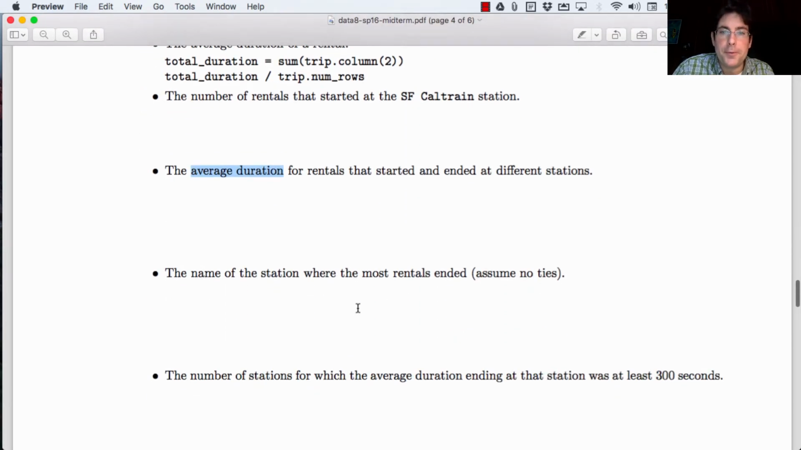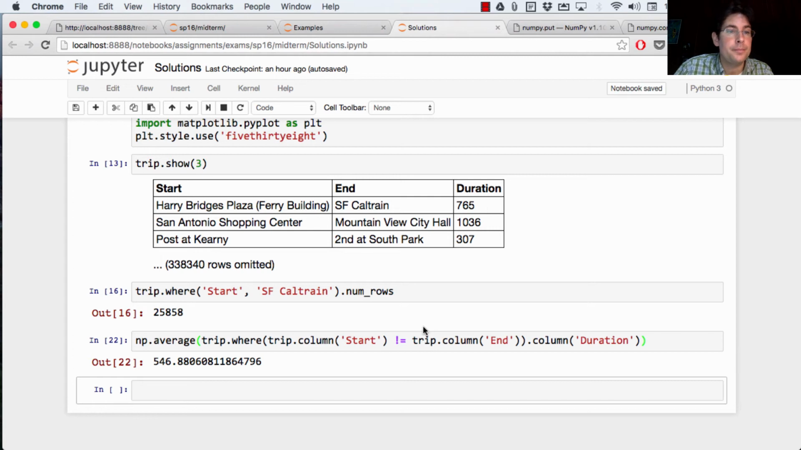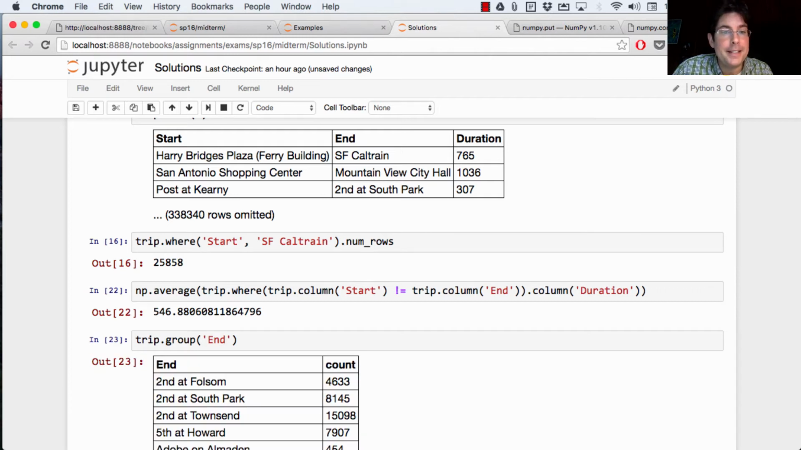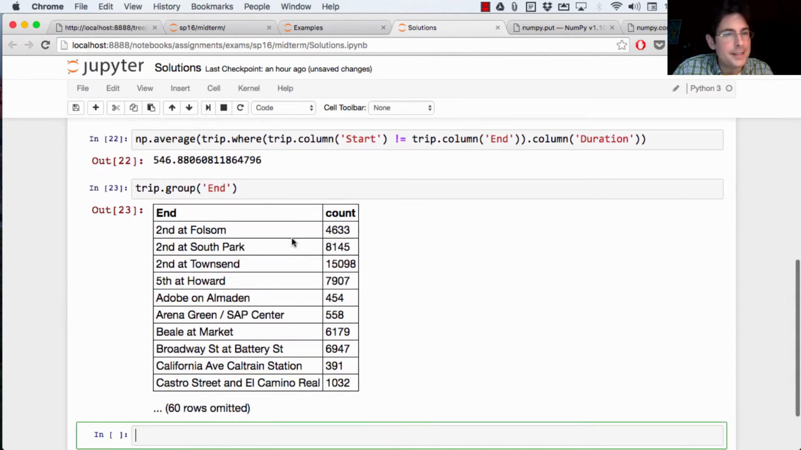The name of the station where the most rentals ended, assuming no ties. In order to figure out how many rows correspond to each end station, we're going to need to group. If I say trip.group by the end station, what I get is a table that tells me for each end station how many different rows had that value, which is the same as saying how many different trips ended at that station. So grouping does take a while because there's 300,000 some rows. At the end of the day, we only get up the 70 stations and the count of how many trips